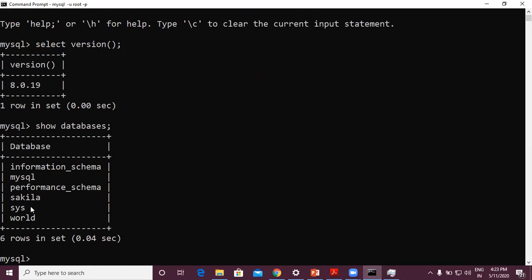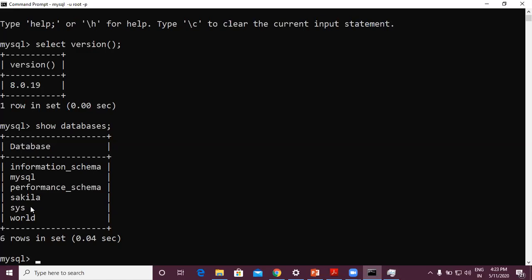Of course, we will work with existing databases, or we can create our own database and work with it. We will do that. Now this is the way to connect with your MySQL and work.